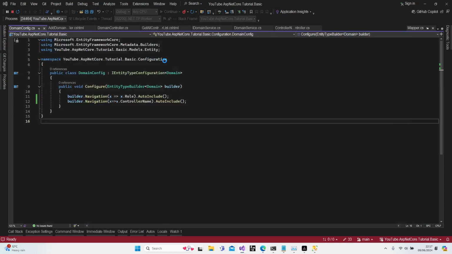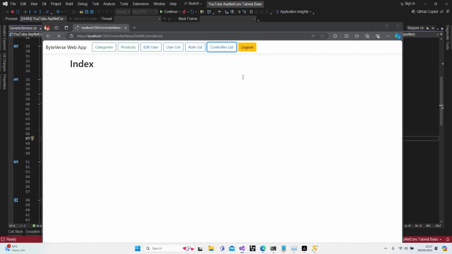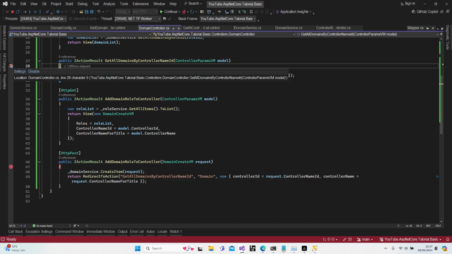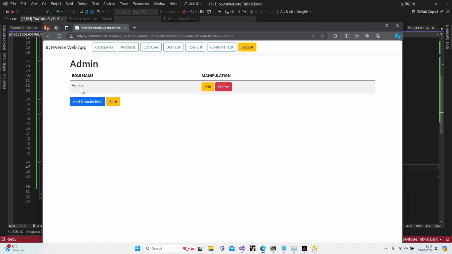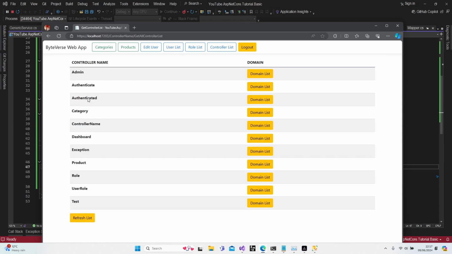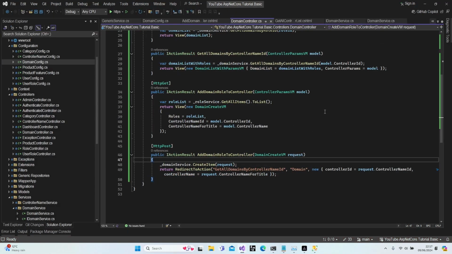Controller list. Let's stop these breakpoints. Domain list. Close it. Close all of them. Here we go. Admin is here. Let's add members. Here we go. Let's go back. Perfect. It is working smoothly. Let's continue where we left. Now I'm going to add